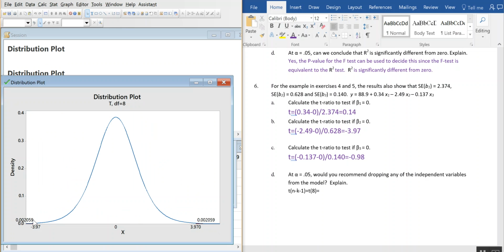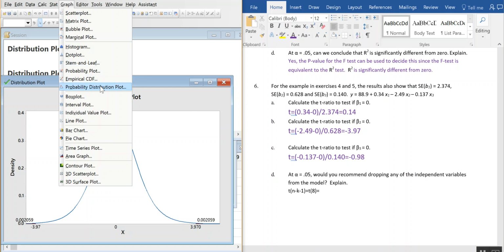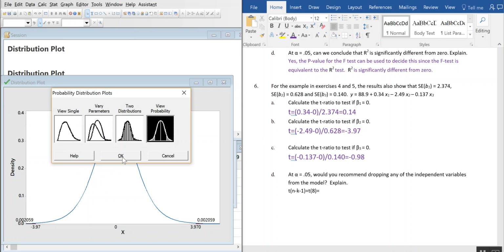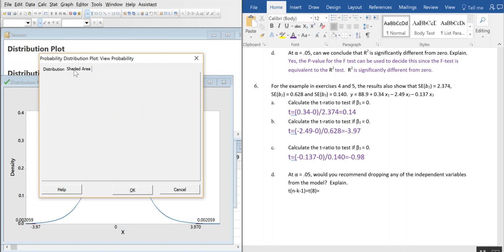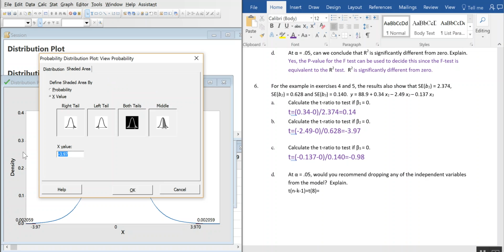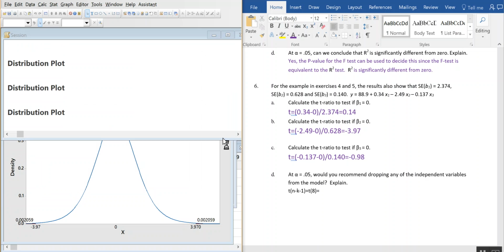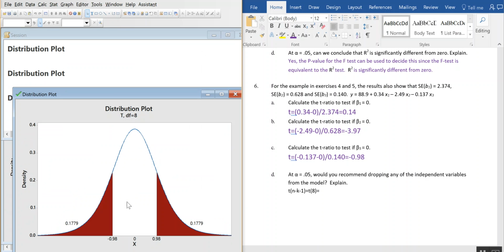And this is so tiny. This one is significantly different from 0. So it's going to be the one that's significant. I just said the wrong thing. This is the one that's not insignificant. Oy, oy, oy. I'm getting terrible. Okay. So graph, probability distribution plot. Let's use this last one. And now I want to put in negative 0.98. And this one's also small, so. There we go. That's pretty much above 0. So